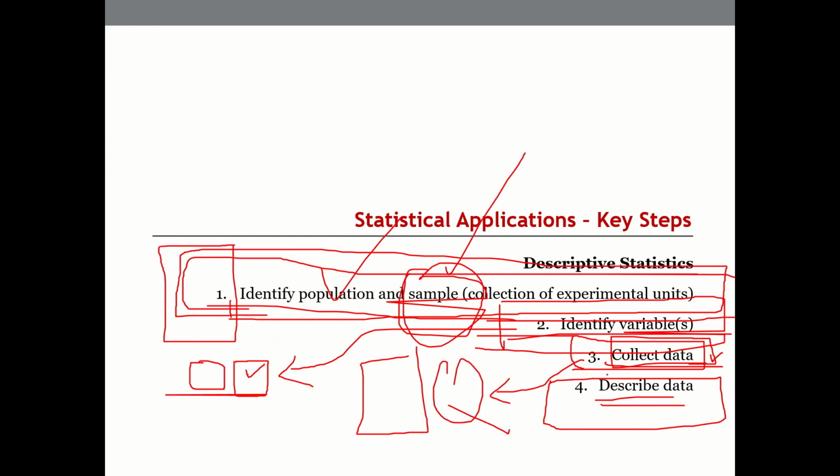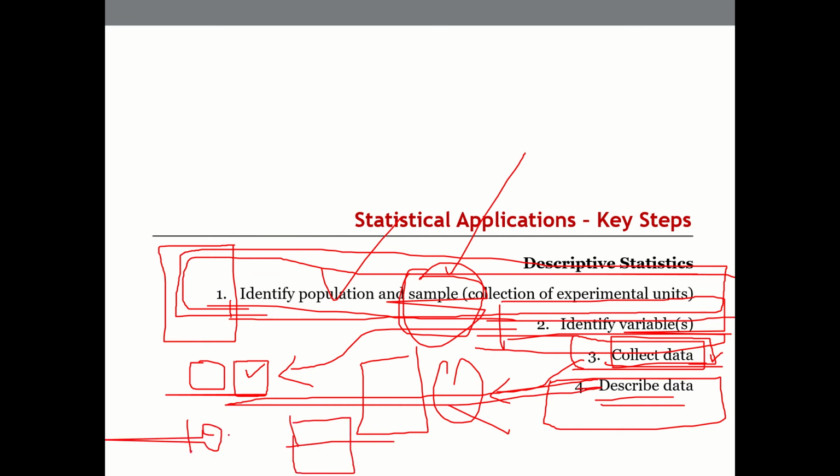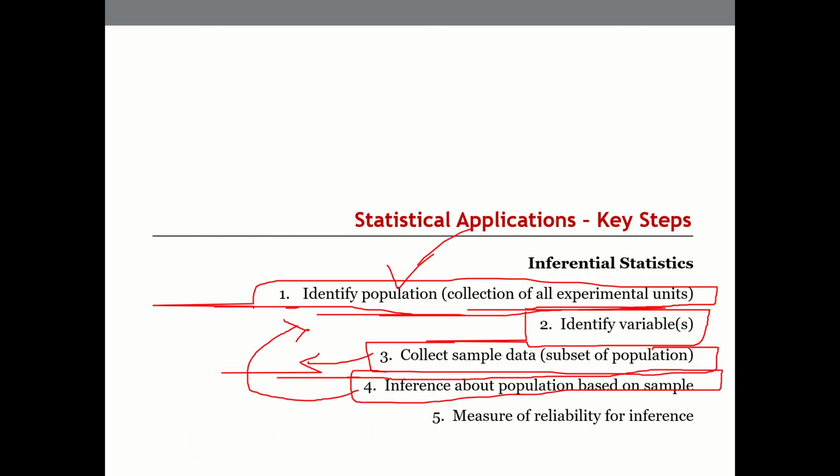In descriptive statistics, let us say our sample is 1000, and we describe those 1000 samples. We don't go beyond that. Whereas in inference statistics, we comment on the entire population based on the data collected. It can be 1000 samples, but we are commenting on 1 lakh people living over there. That is a major difference between descriptive and inference statistics.